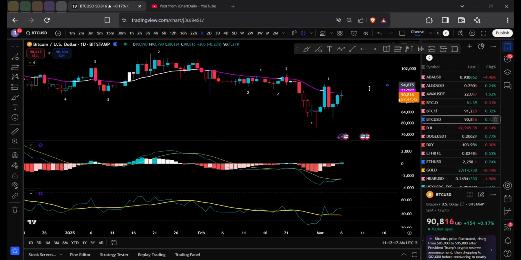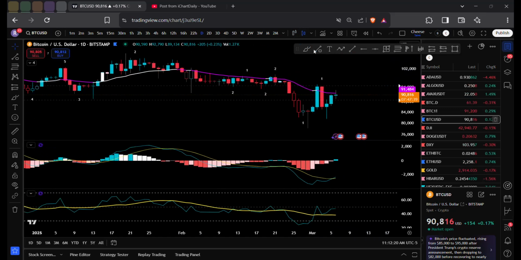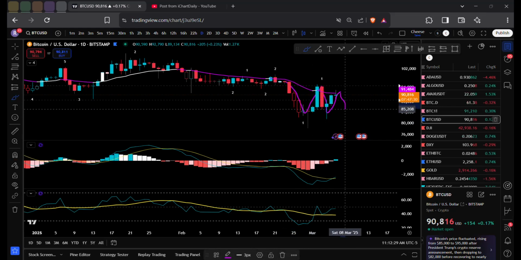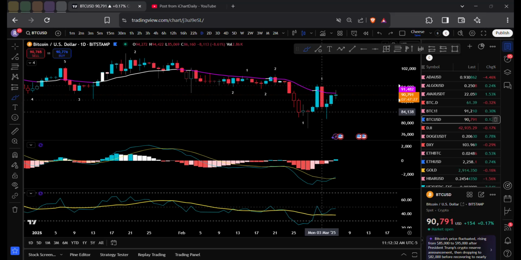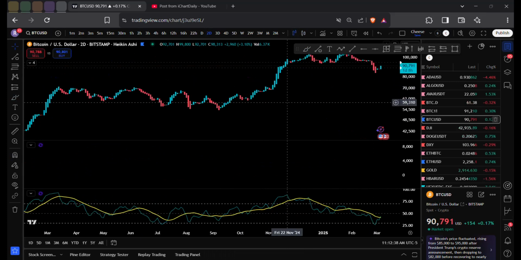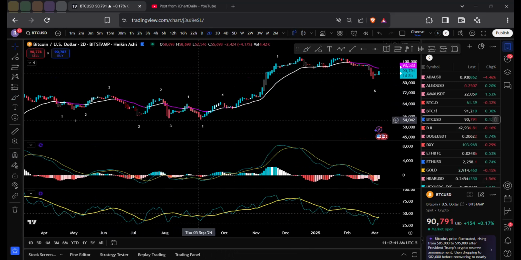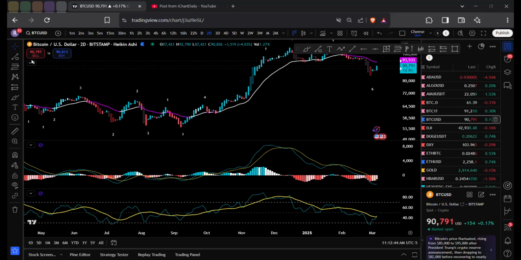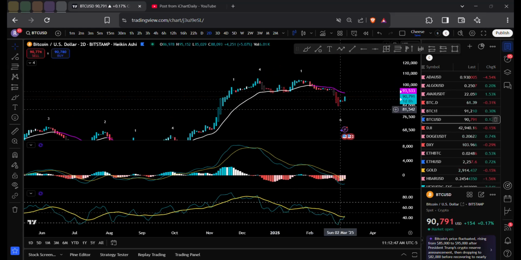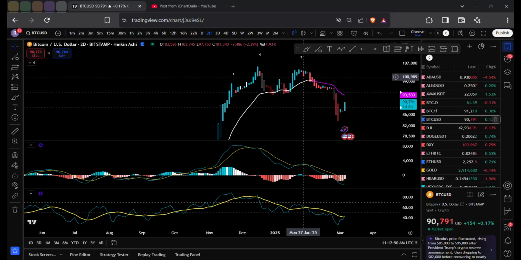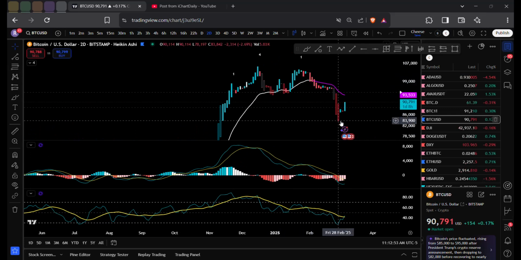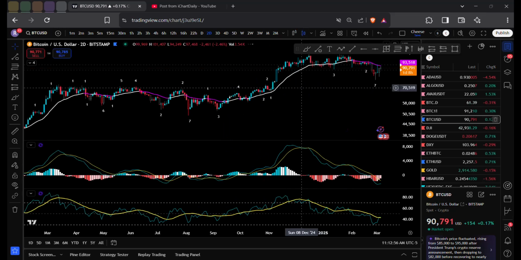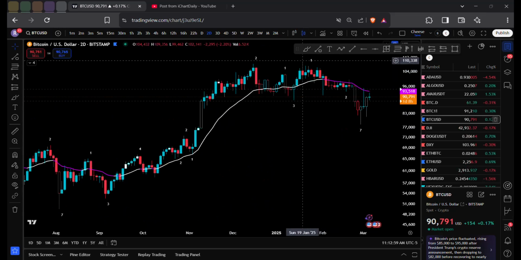So I'm going to set an alert right here at 94.5, curious to see if this is going to be 1, 2, 3, or if we're going to have 1, 2 rejection and we come back down. I keep saying in the videos we need a retest to see on a macro level, like a 2-day or a 3-day, that you're having bounces, right? You want to see a higher low situation. This is the second lower low, right? Because technically we went from 104 down to the 95, up to 97, down to 80, up to a 90, right? It's a little bit more messy to see it this way, but yes, that's what we did.